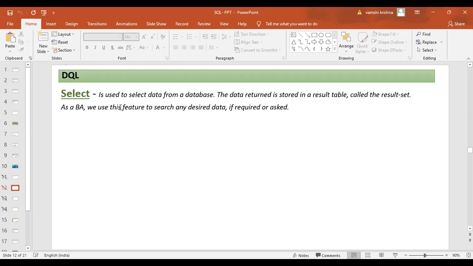It is generally given to a senior BA kind of role where you will be able to get the data, and luckily we will be trained on it, guys. Don't worry. As a BA, we will be trained to retrieve the data. They will not give it to you just like that. Just for interview purposes, what can a BA do? He can use DQL, data query language. In that you can select the data from a table, retrieve the data and show that to the concerned stakeholder only if it is required or asked. Clear now?